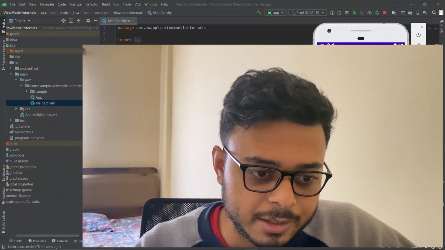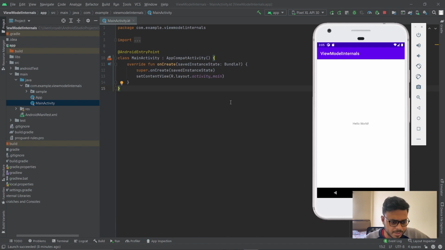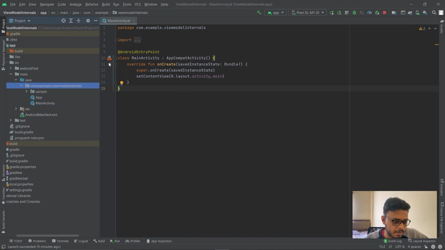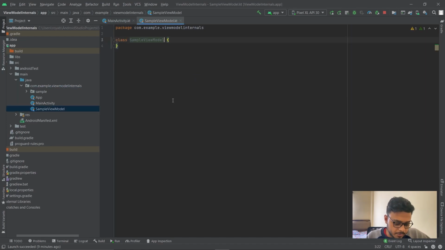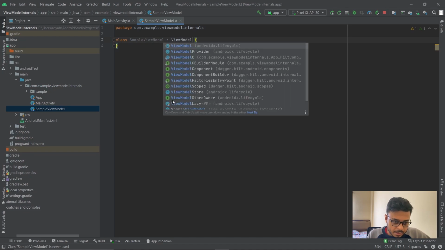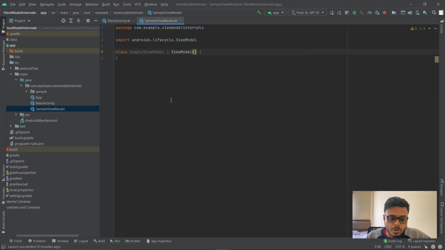So to start off with, I have an empty project over here. If I run this right now, it would lead to this screen which you can see. So let's go ahead and create a new ViewModel, right? Right click, new. We can call this SampleViewModel, and we will extend the ViewModel class. So our new ViewModel is created.